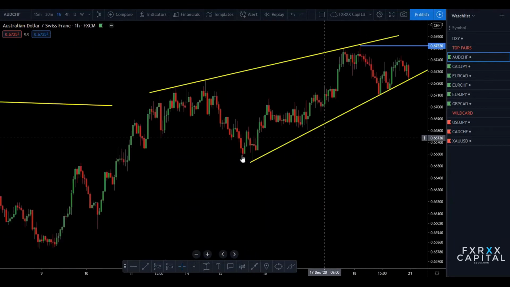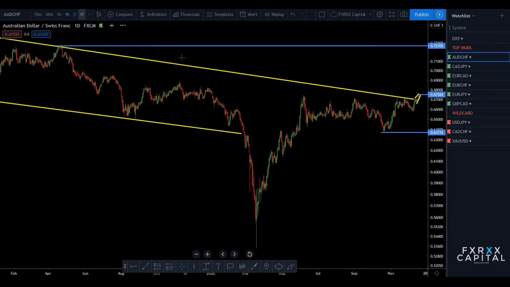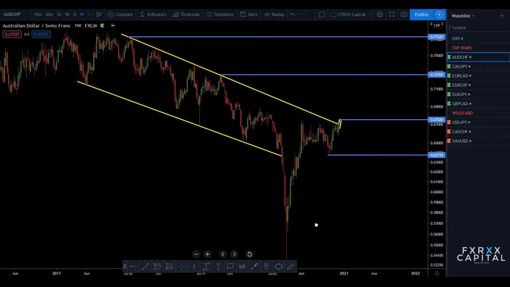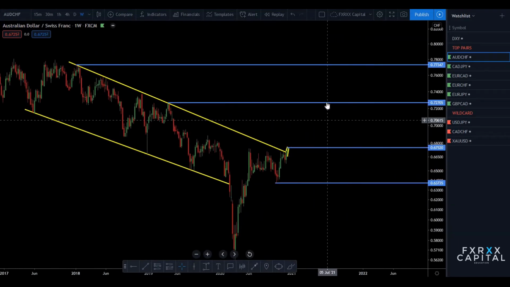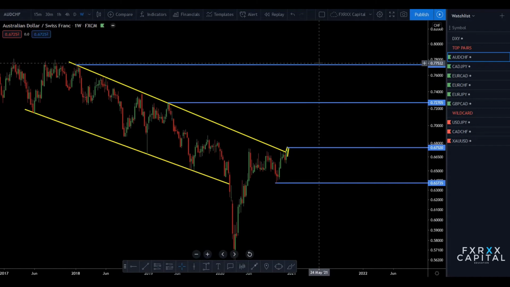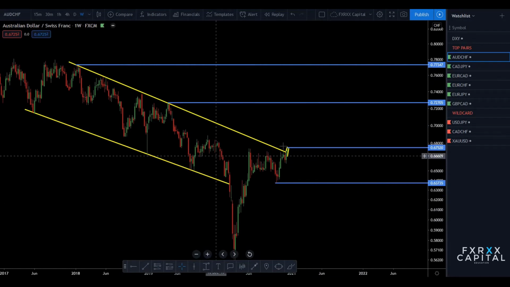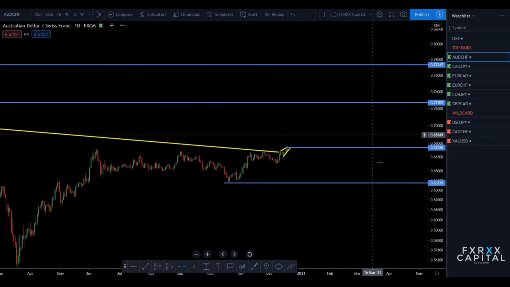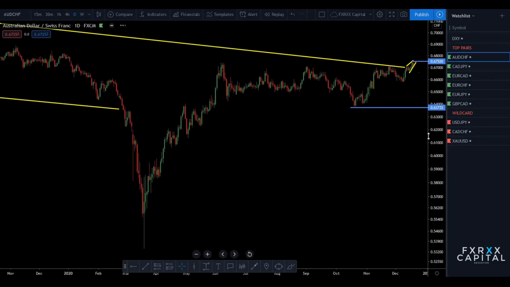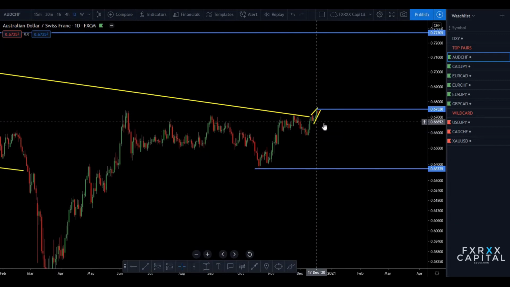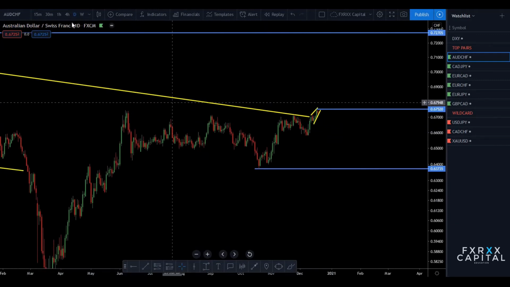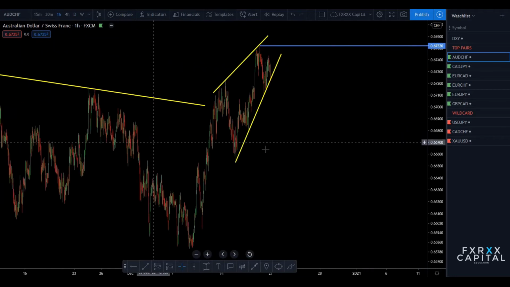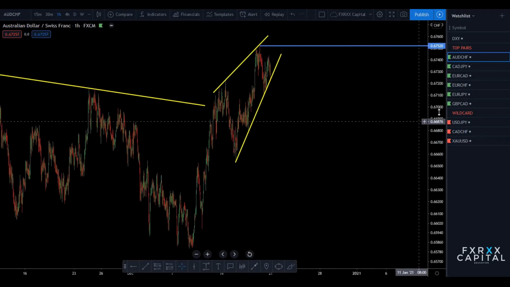AUD/CHF first. We can move to the high time frame, which is the weekly time frame first. This red line you can see is the important point that I target. The price is now in the middle and has broken this descending channel. In the daily time frame, you can see at the end of the descending channel the price broke a little. However, price created an ascending channel in the 1 hour time frame. So I will be ready for any possibility for this pair.